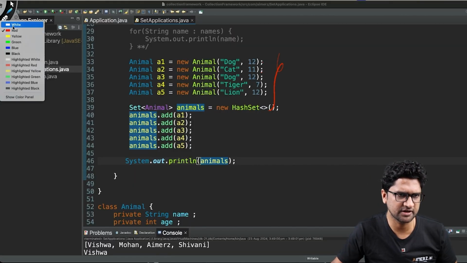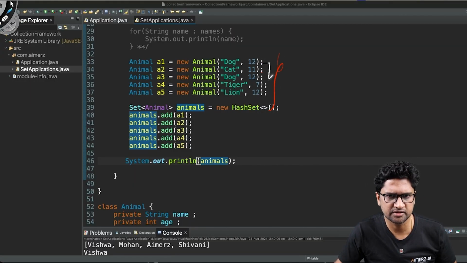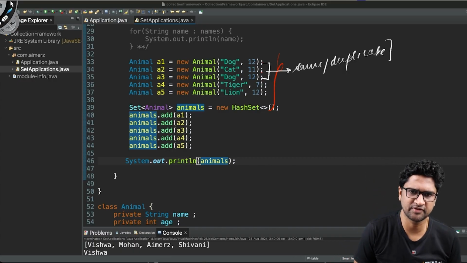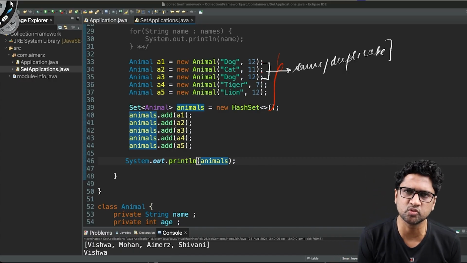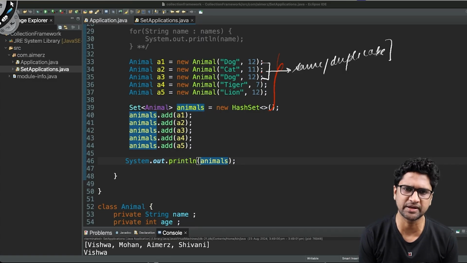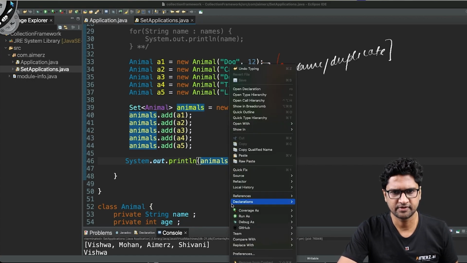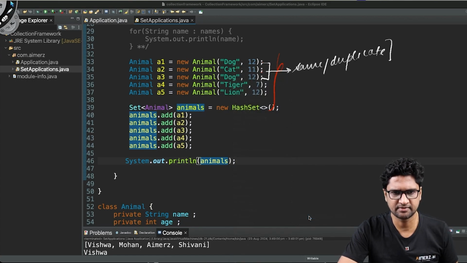But effectively these two are the same entries, duplicate entries. So just like the previous examples, here I am trying to insert 5 times, but 2 of them are the same, duplicates. So I should effectively have only 4 entries. But if I run this as a Java application,